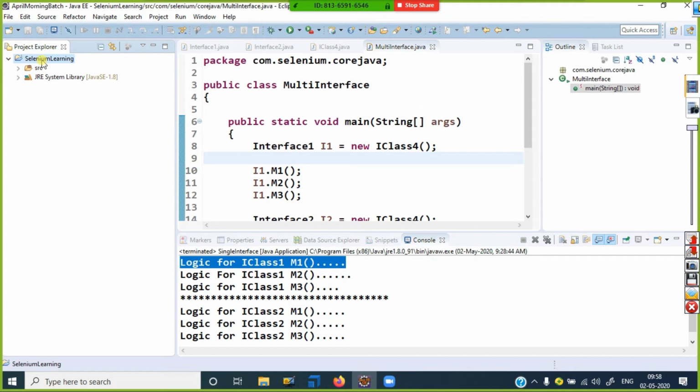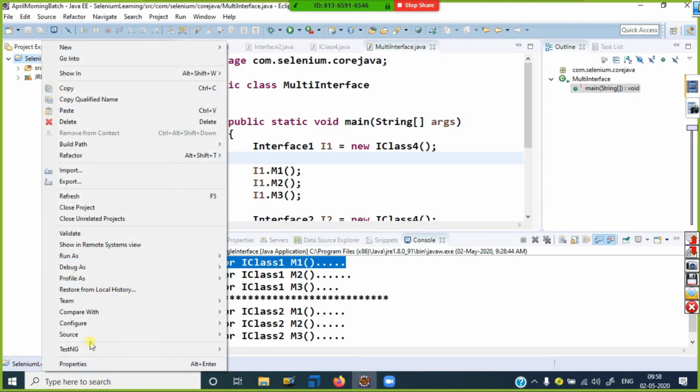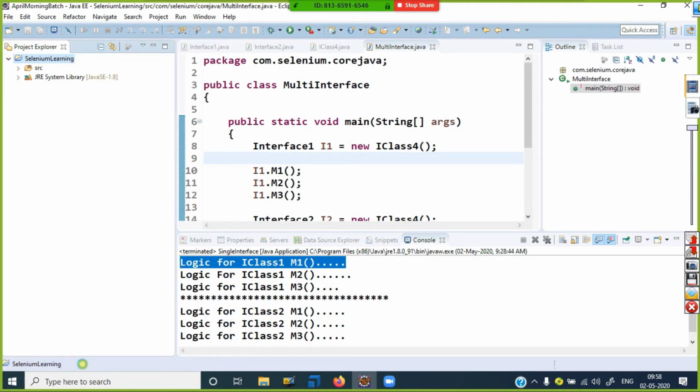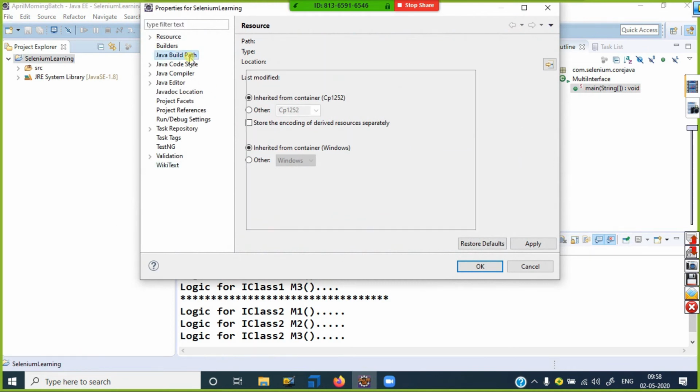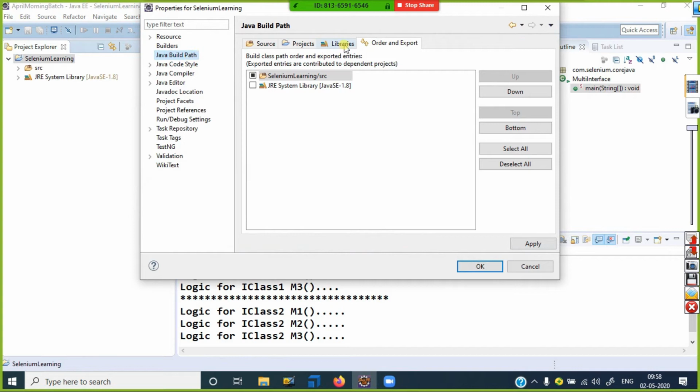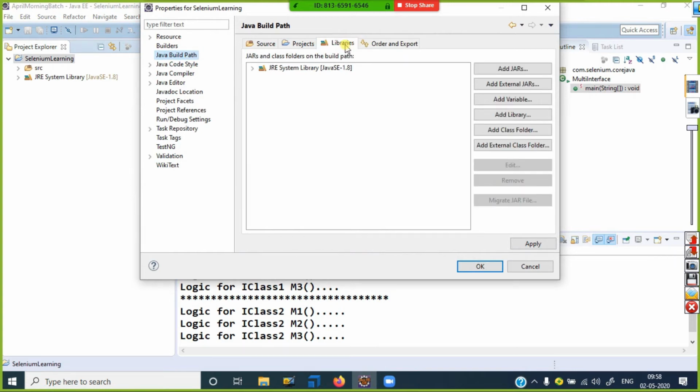Right click on the project in Eclipse, click on properties, select Java build path, select the libraries tab, and click on the add external JARs button.